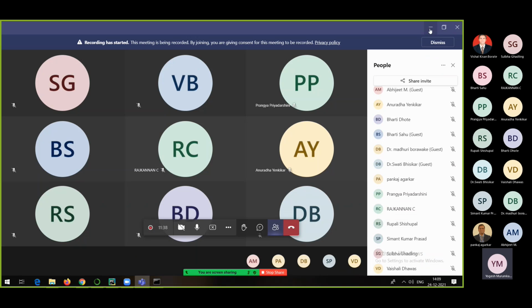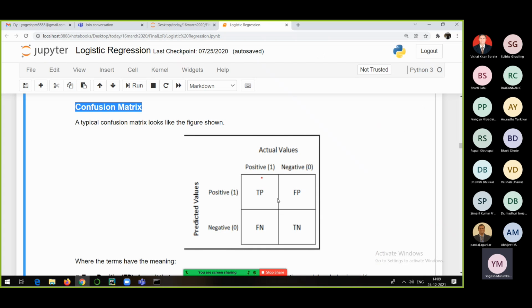Yesterday only we have seen, there will be some values. I gave an example of diabetic and non-diabetic patients. So if true positive is, let's say, 300 out of 500 patients, what is the meaning of that? It means your model is saying that there are 300 patients who are diabetic, and actually they are diabetic. That means your model is true about positive results.